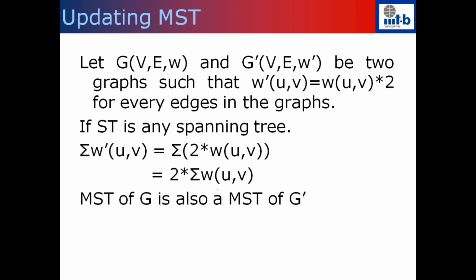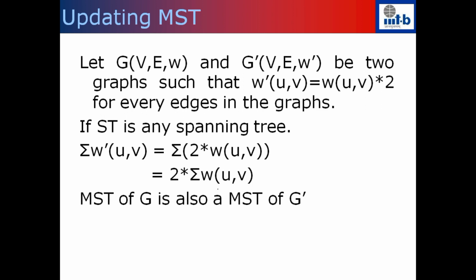But if you multiply with a negative constant, what you're going to see here is that whatever is the minimum spanning tree will become the maximum spanning tree, and the maximum spanning tree will become the minimum spanning tree if you multiply with a negative number. So if the weights are scaled up by a constant factor C greater than 0, then the minimum spanning tree of G will continue to be the minimum spanning tree after you update the edges by W times C